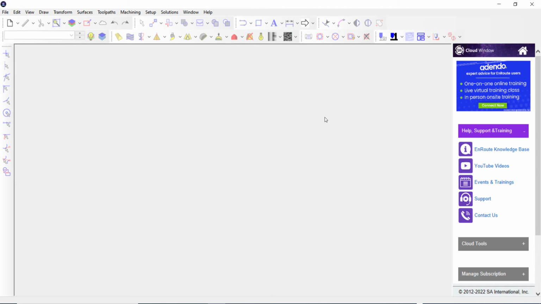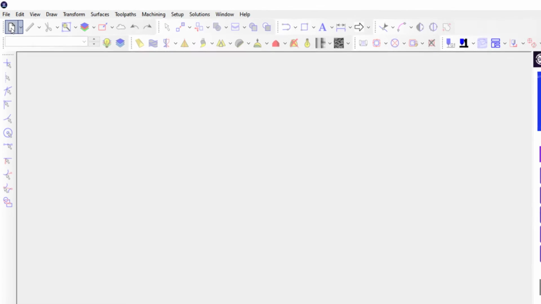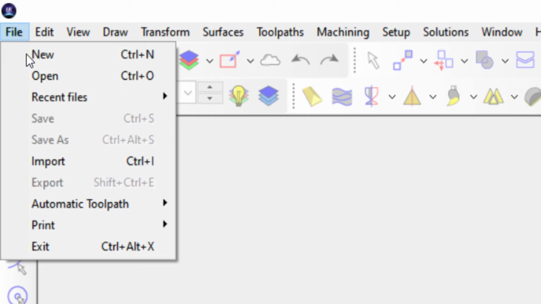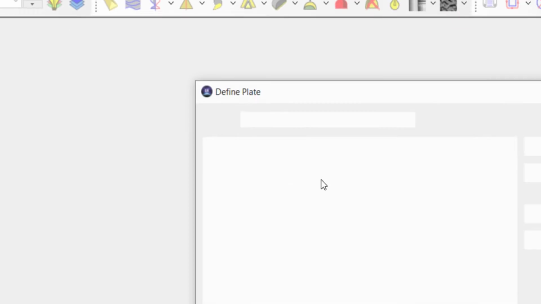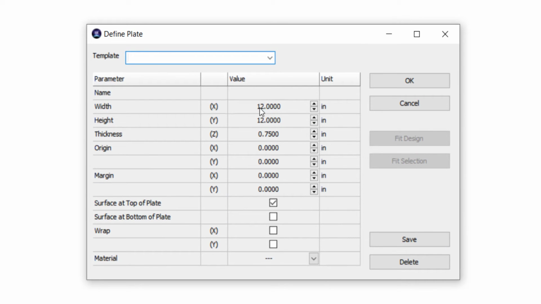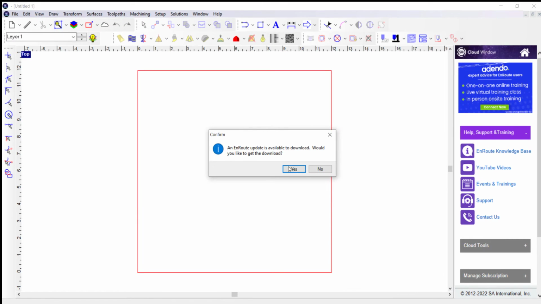Okay, so I've got EnRoute opened up here. Your first step is to create a new document. You can do that right here, or you can do File New. I'm going to start just with a 12 by 12 document. So width and height, both 12. I'm going to use 3/4 inch thickness, and my surface will be at the top of the plate. You may find after you do your image that will change the size of the document. I'll show you that a little bit later. So I'll just hit OK on that. So here's my document,